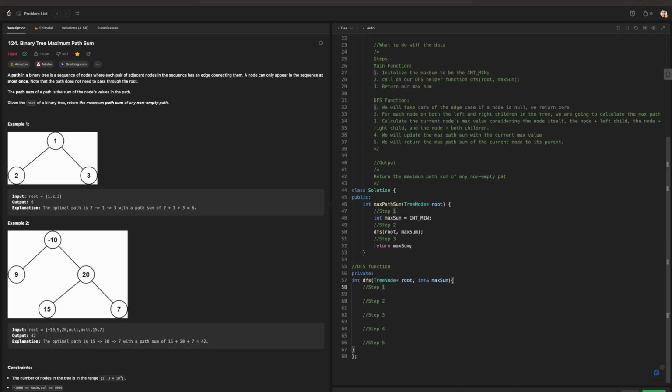And then within our DFS function, what we will do is that we're going to check if the node equals null pointer and return 0. Then for step 2, we will take care of both of our left and right children. So int left and then int right. We're going to set that equal to the max path. We're going to be using recursion in this case, and just really getting the max path